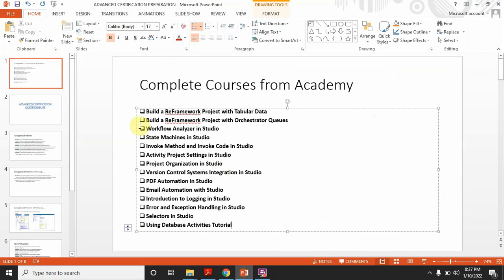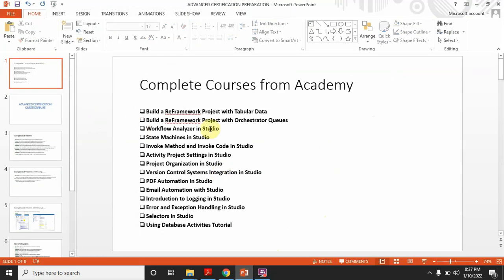This is the place from where I have done my preparation. And on the official UiPath site you can go through the documentation for the background processes.